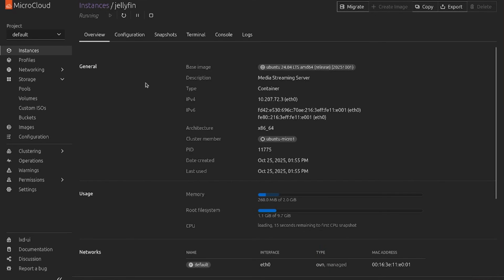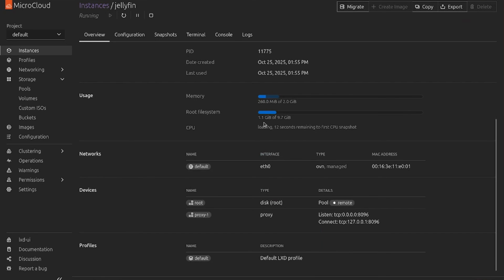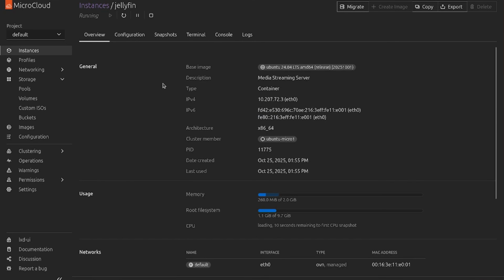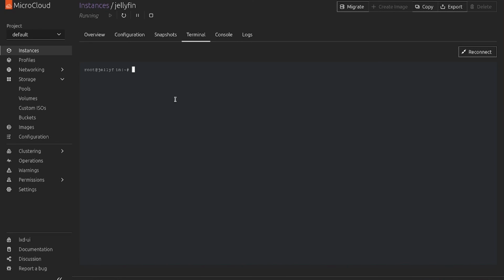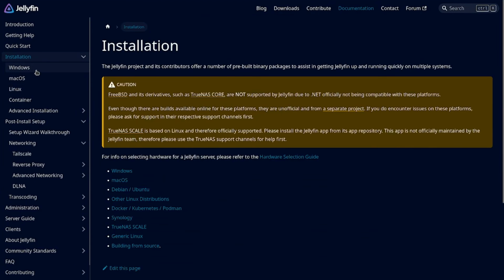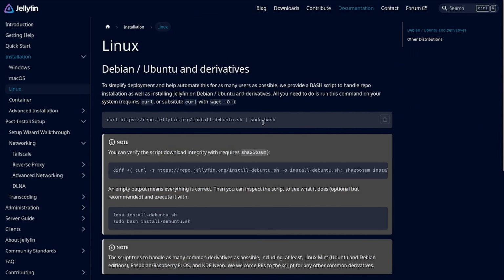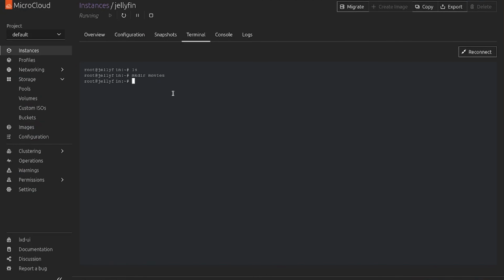So now if I click on Jellyfin, we can see a lot of the same information that we saw in our web server. But if I go up to the terminal, this is where we can kind of begin to set things up. Now I'm just going to make directory of movies. I'm not actually going to put anything in there, just so we can select it in a minute. And for installation on Linux, we could just run this Jellyfin script for Ubuntu, as simple as dropping that on in,